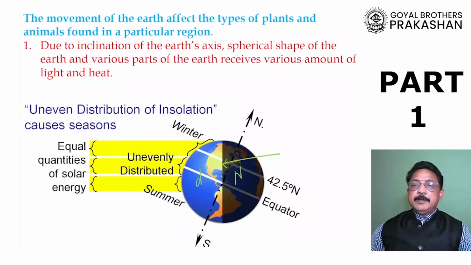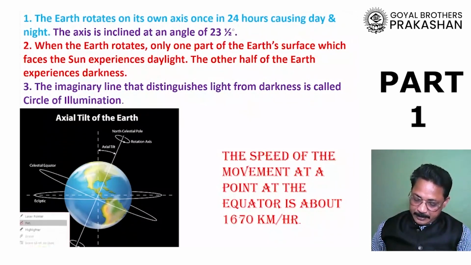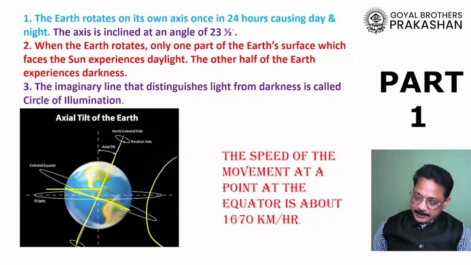Another very important point is that the earth is also subject to an unequal amount of light falling on it. Please remember, there are two reasons why the entire earth will not receive an equal amount of light. Now look at this tilted part, dear students. If I draw a sun over here, and here I draw the equator, you will find that the northern part is tilted towards the sun and the southern part is tilted away from the sun.